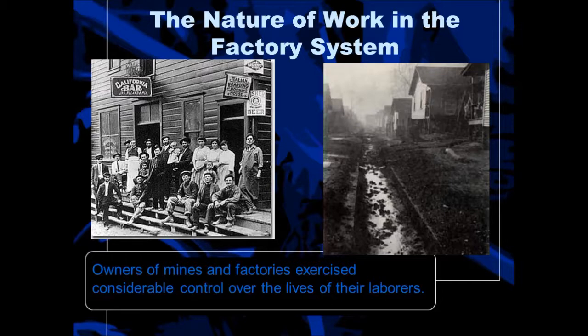And they had a country store or a company store that you would go to for your supplies, like blankets, food, oil, coal, whatever you needed to survive and for your family to survive. Everything that you purchased from the company store came off of your paycheck at the end of the month. If you didn't have anything left, then you were in debt to the company. If you did have something left over, it was only on paper at that company store. You didn't actually ever have cash in your hand. So whatever they still owed you would roll over to the next month, and you might be able to buy an extra blanket, but you never had actual cash.